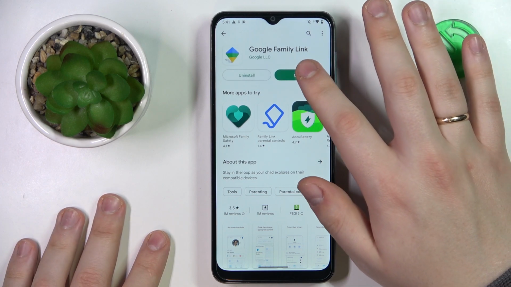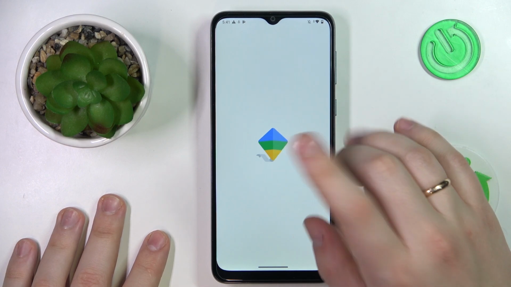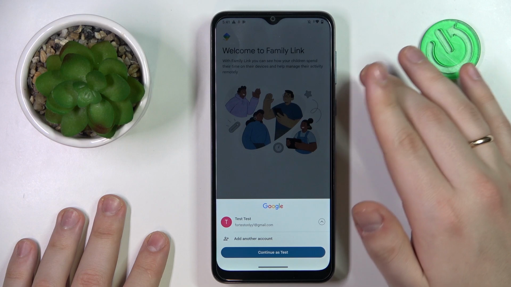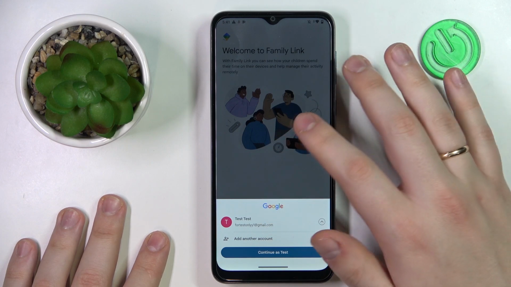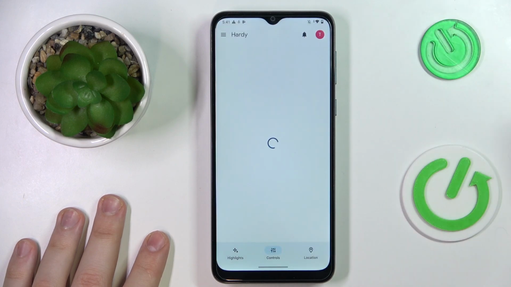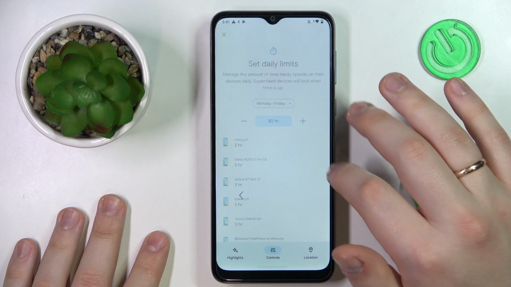Once the Google Family Link app gets downloaded, launch it obviously, and here we have a somewhat important step. Sign into the app with the account that you have earlier identified as parent's account. And in the Family Link app, you can do a lot of things, such as set up daily usage limits,